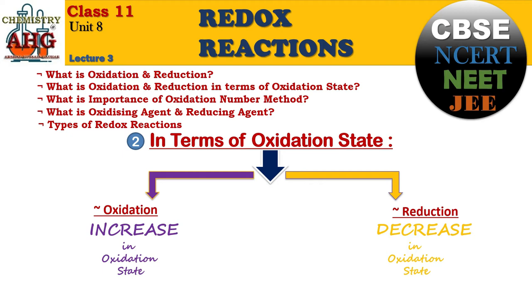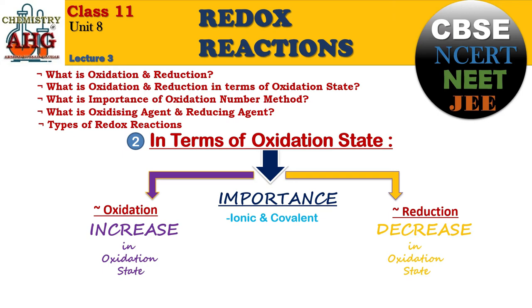Now one more thing, always remember this definition, it is most important, it is most dominating whenever we study oxidation and reduction. This definition, why is it more important? Because this definition is applicable to all types of chemical reactions, to all types of chemical compounds. The other definitions that we have studied, they have some limitations, but this definition has no limitation. You can apply this definition whether you have been given an ionic compound or you have been given a covalent compound.